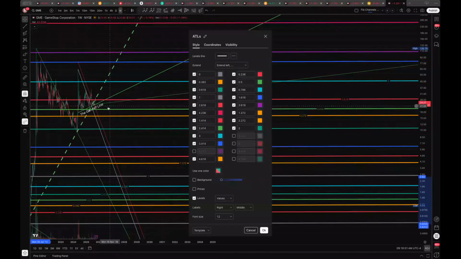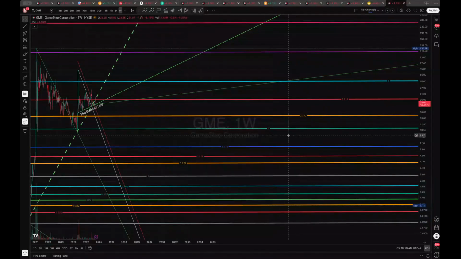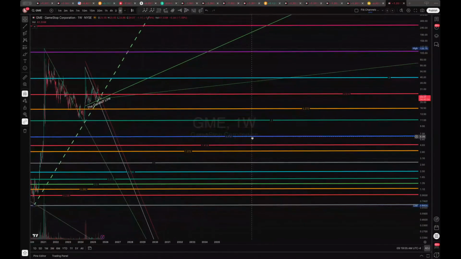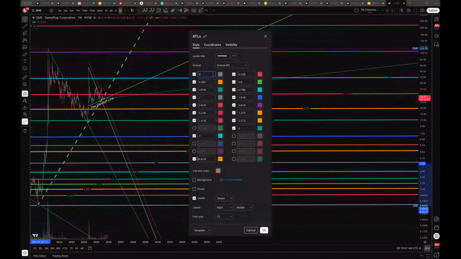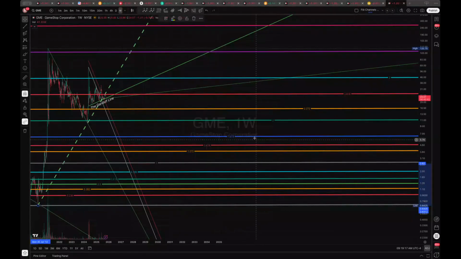Yeah, and the 2.414 was about where the Gandalf line was formed. So just some kind of interesting things here, because you have some default Fibonacci levels that show up, and then you can choose to add some of your own. You can even customize these numbers if you want. You don't have to use the ones that are suggested. It's all math, but